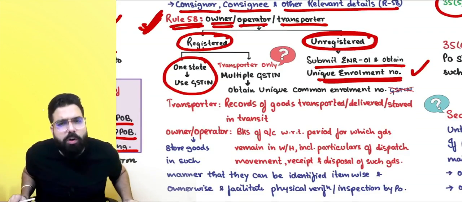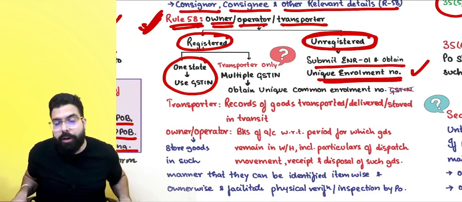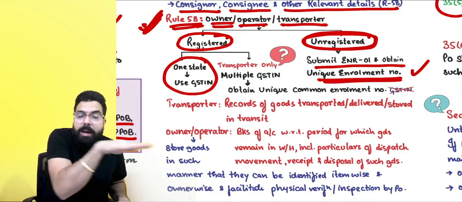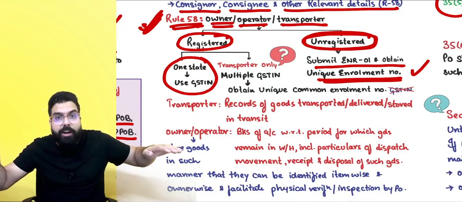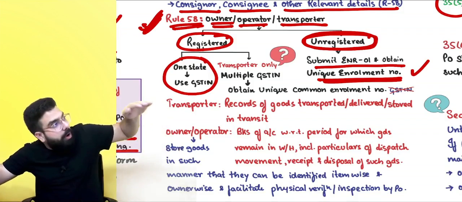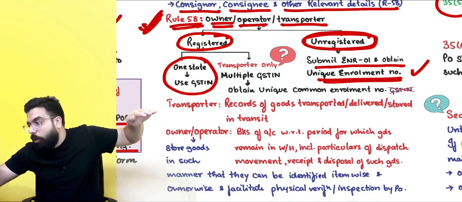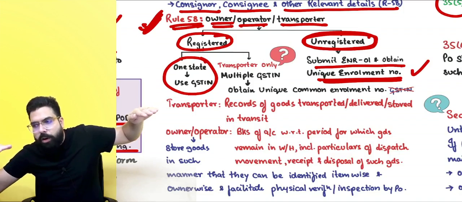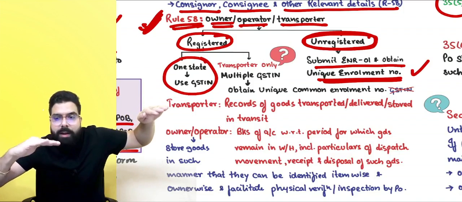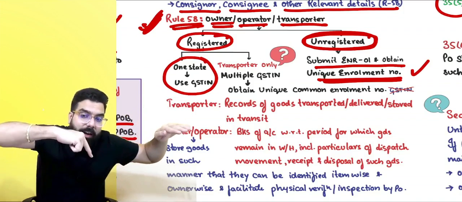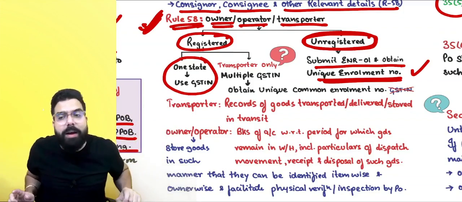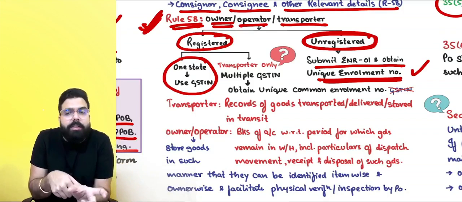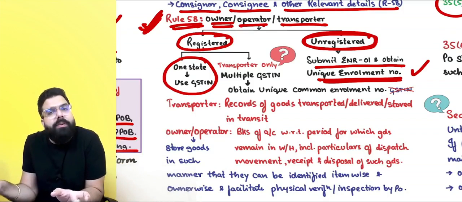Now, there is a small concept with respect to transporter. Transporters, every state they might be registered. They are taking goods from one state to another state. Now, from Karnataka to Assam might be goods are going. One truck, goods are going from Karnataka to Assam. It went to Tamil Nadu and they changed the truck. Now, when the transporter is changing the truck, he might have different GSTN number in Tamil Nadu. Karnataka, he may have had different GSTN number.